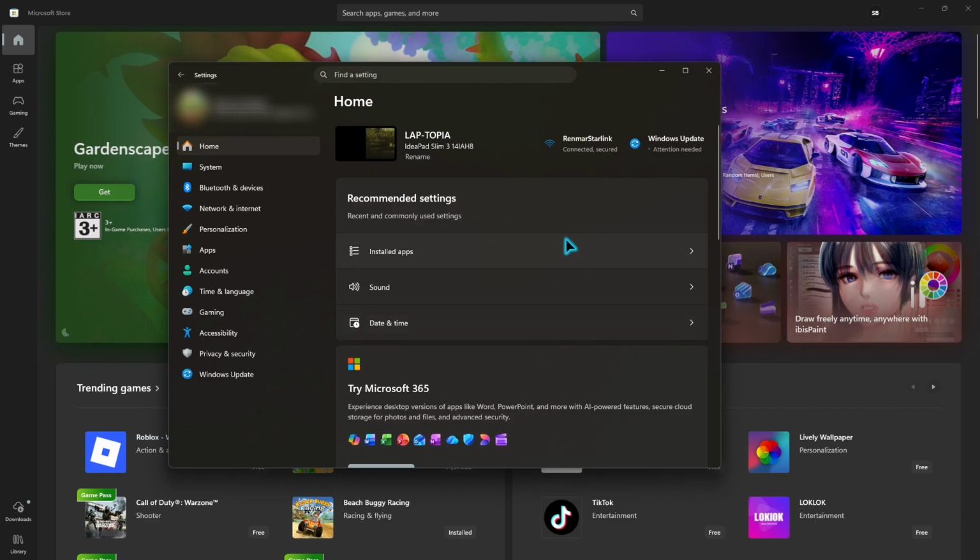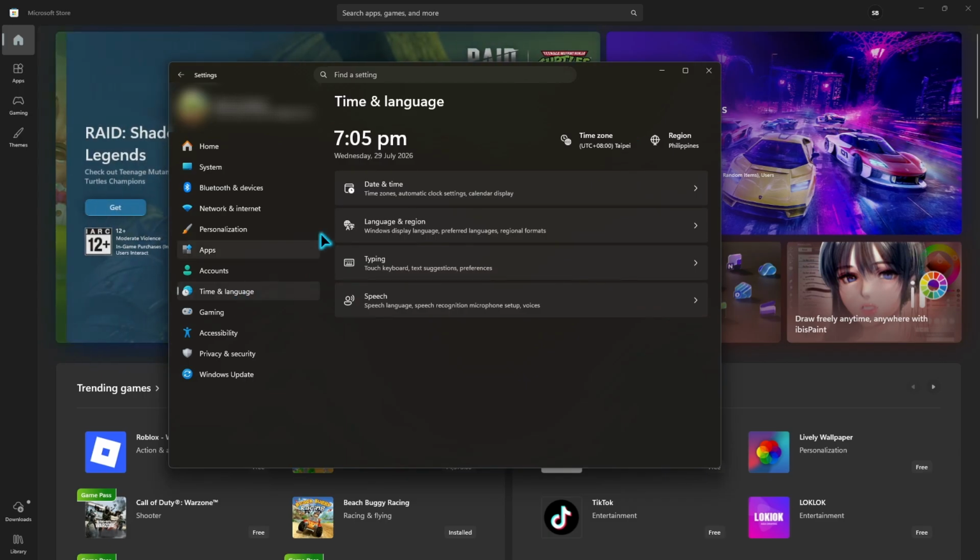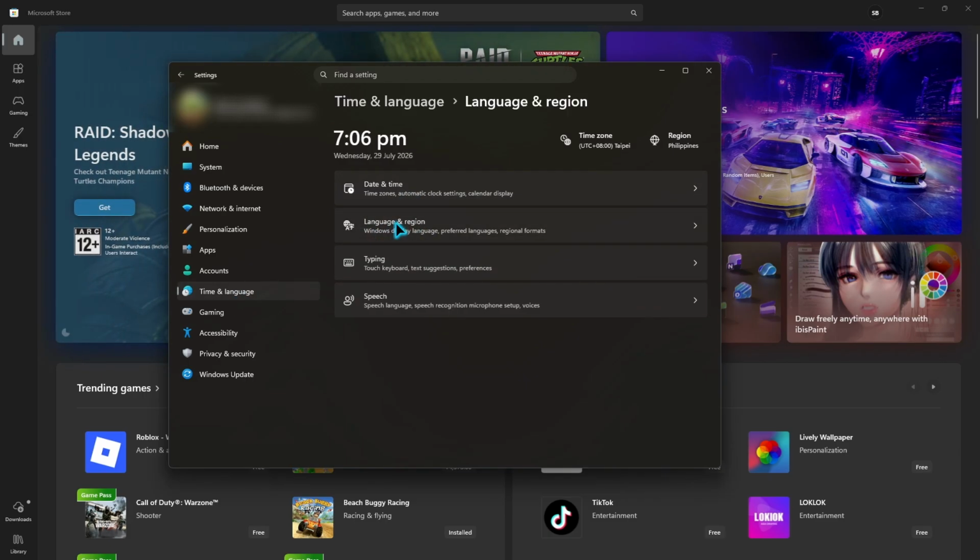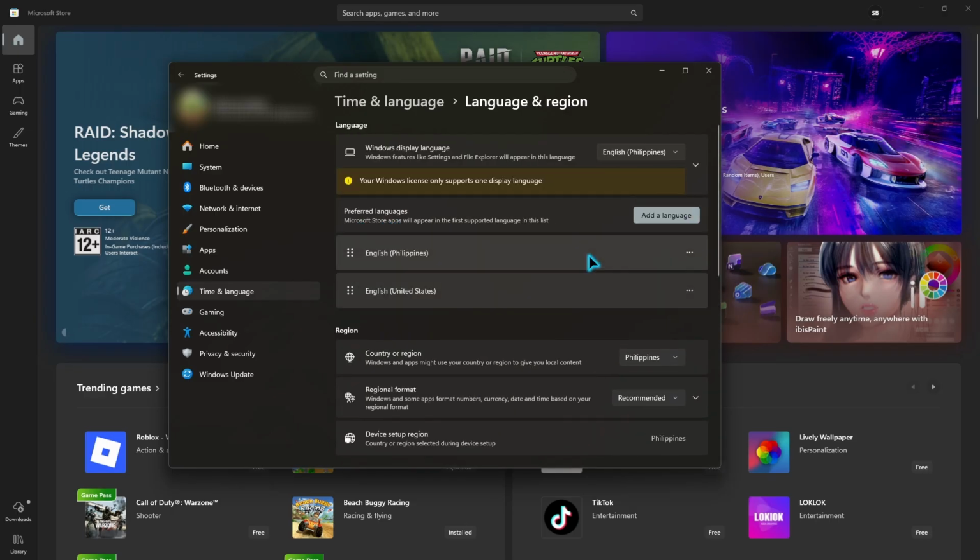Once you're in settings, go to the regions section. If you're using Windows 11, click Time and Language in the left sidebar and then choose Language and Region. If you're on Windows 10, click Time and Language, then select Region from the menu on the left. The wording is slightly different depending on your version of Windows, but both paths lead you to the same kind